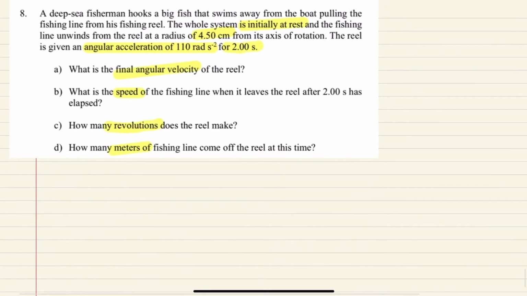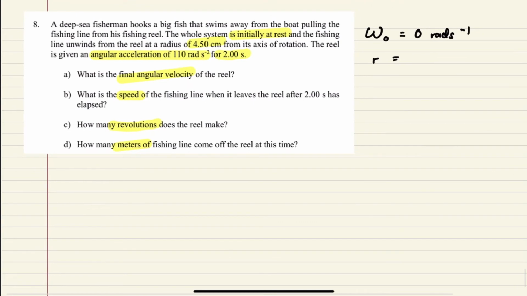Again, once you get the question, you have to take out the information and write it down with an appropriate symbol. The first information says that it is initially at rest. If you remember in topic 2, initially at rest means u equals 0. But now we are talking about angular velocity, so we represent this in terms of omega. Initial angular velocity is omega naught, and at rest means 0. Then it says the radius is 4.5 centimeter. You can straight away change it to meter: 0.045